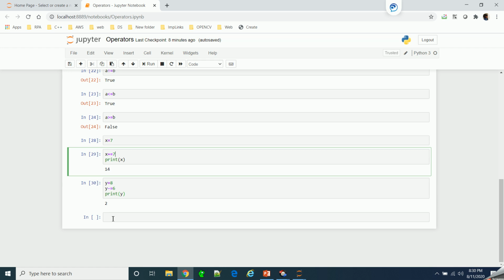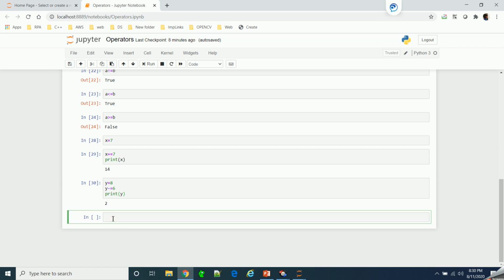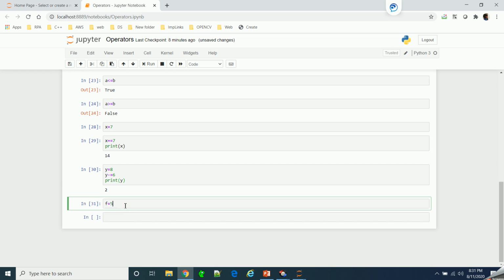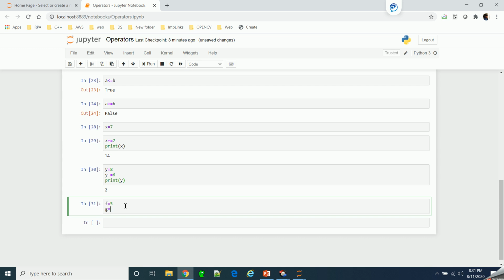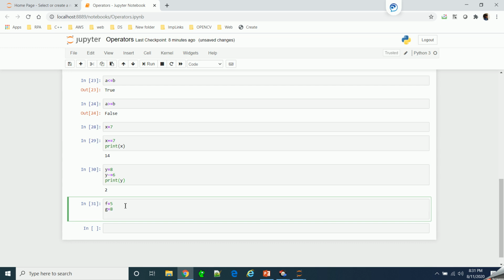Here we'll create variables f equal to 5, g equal to 8 and h equal to 9, and let's use the logical operator now. As we know, logical operators are used to combine two or more relational operators, basically two or more conditions.